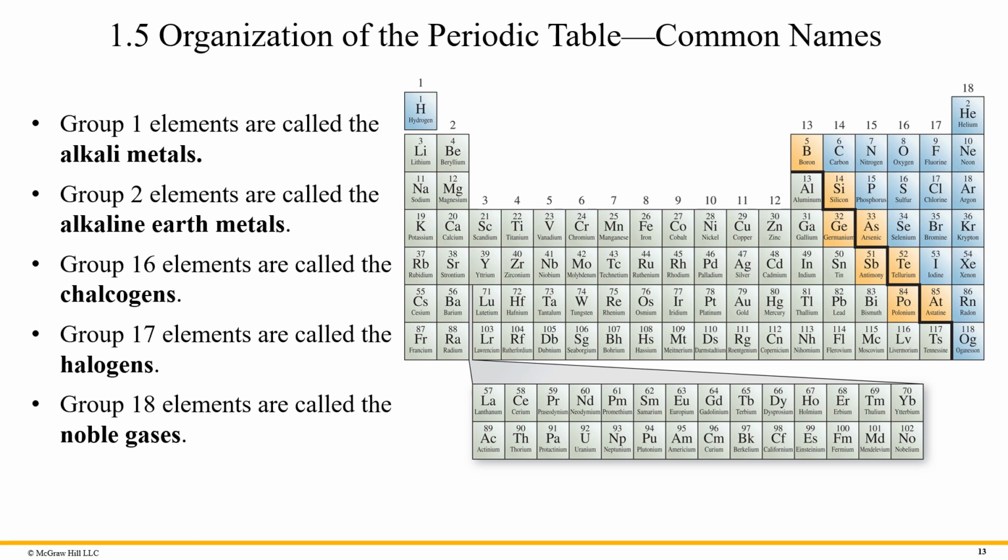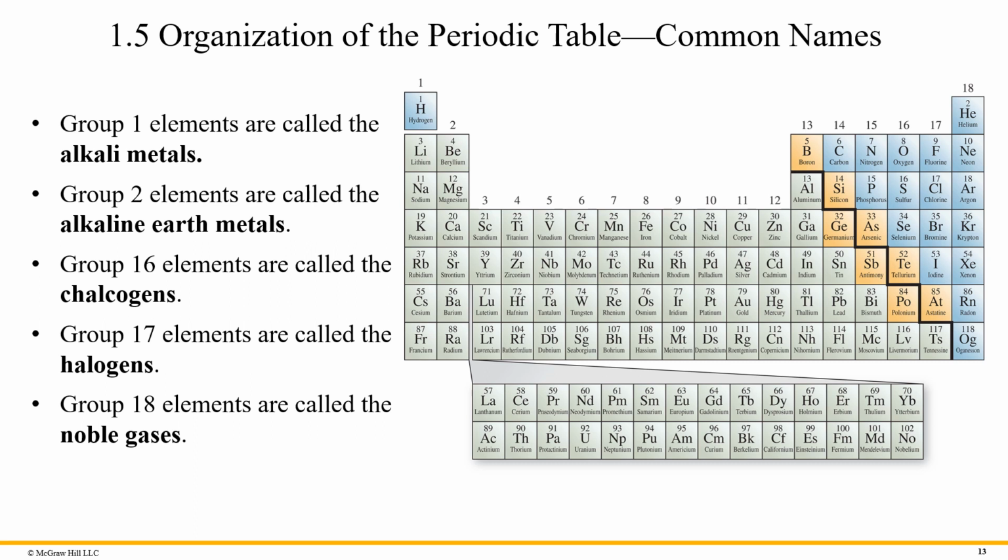Each member of this group is placed there because they share common characteristics with other members of the group. They behave very similarly in their chemical behavior. If we think of the alkali metals, group 1, they are extremely reactive with water, and they're very reactive with air as well. So to be able to be kept in pure form, they need to be kept in oil, not water and not air, because they react violently.